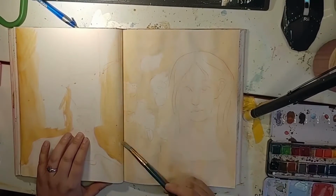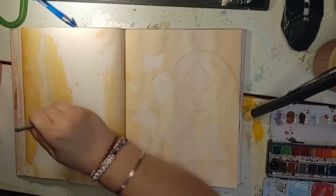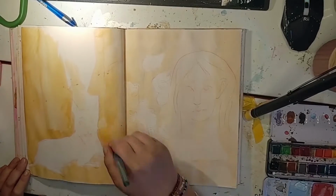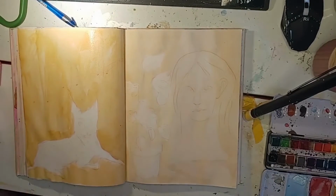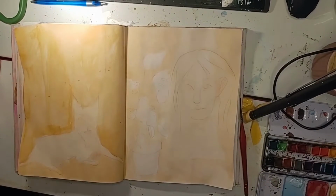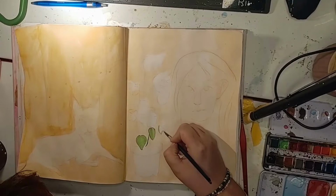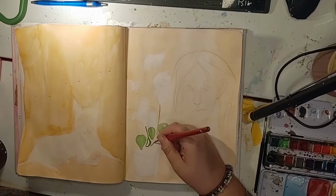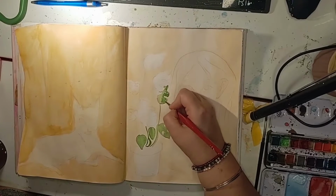Anyway, just getting a good layer of yellow ochre down. It's definitely how I like to start on my paintings. Gives everything kind of a dulled out, earthy look in the end. It's easy to go light or dark doing overpainting. It just dulls everything out and gives it a real nice earthy tone. So here I'm coming in with some brushwork on my